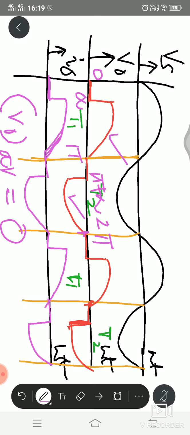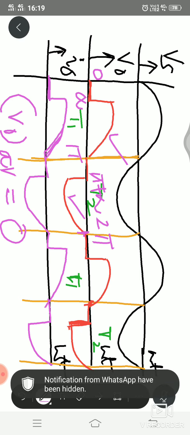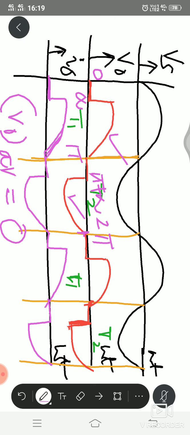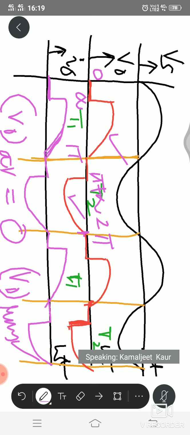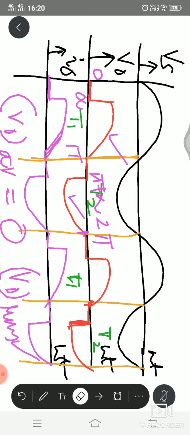If you find it out, you will find that V0 average, that is the average value of output voltage, is 0 in this case. Similarly, you can also find out V0 RMS. You can check out the value of V0 RMS for the circuit. Okay, so this is how we have completed the first topic, the principle of phase control. We have understood this principle with the help of one phase half wave voltage controller, as well as the circuit of one phase full wave voltage controller. Now let us discuss another topic, that is the principle of integral control.